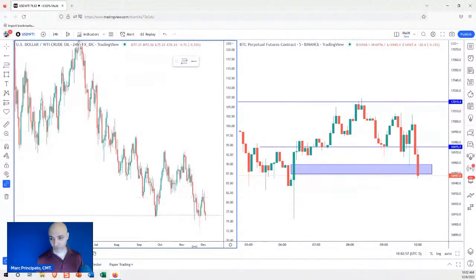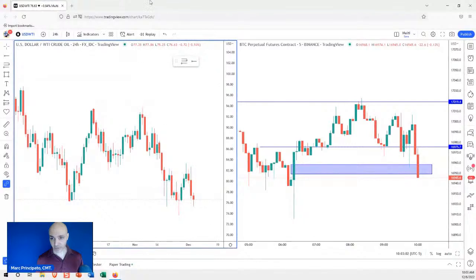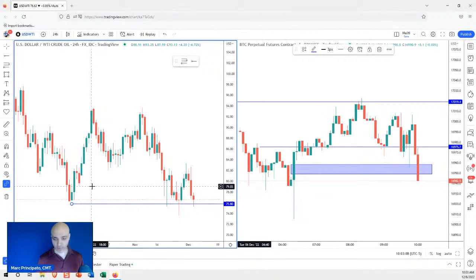Now, Stian called this the other day, right? Stian had mentioned oil. And I said, you know what, Stian, that's a nice setup. And that was this pin bar setup right here. He called it. I said, all right, you know what, I'm going to share that. I believe it was like Monday. I forget the exact day that I shared that trade.